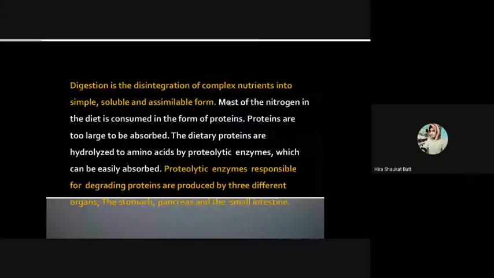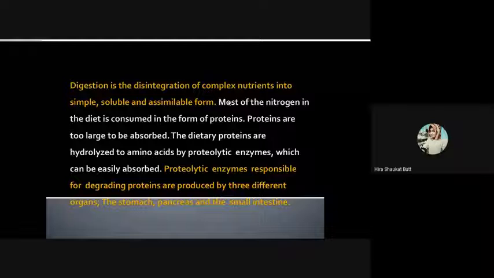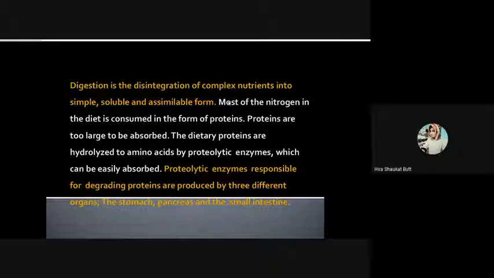Digestion is the breakdown of complex nutrients into simple nutrients which are absorbable into the blood. As we know, ingestion takes place in the oral cavity, and digestion takes place in the stomach and in the small intestine. Most of the nitrogen in the diet is consumed in the form of protein, and proteins are too large to be absorbed, because always remember